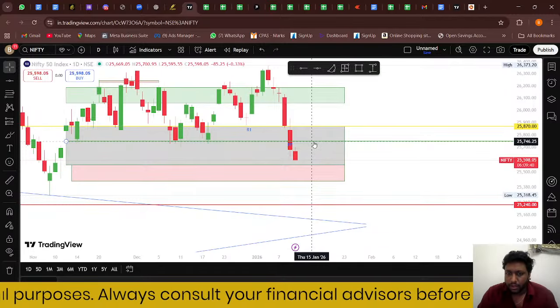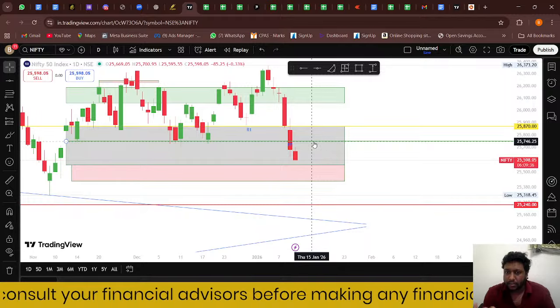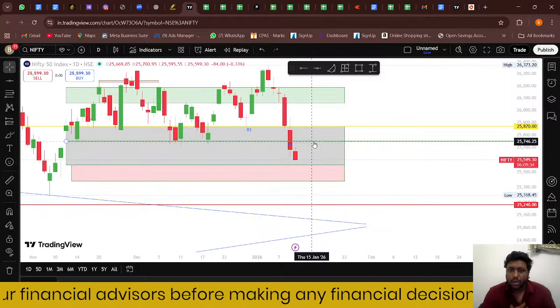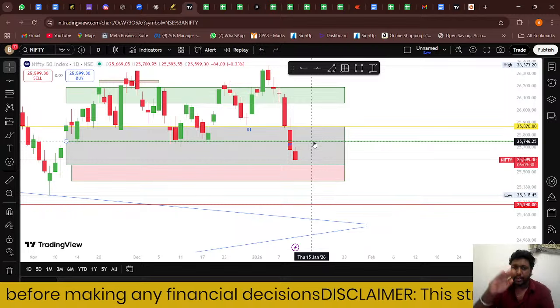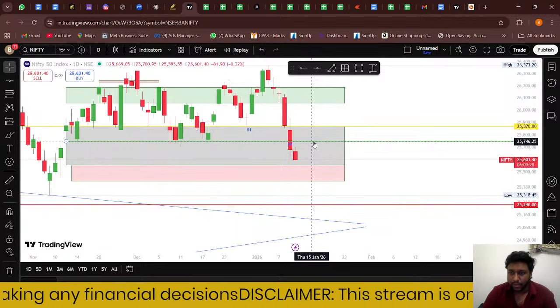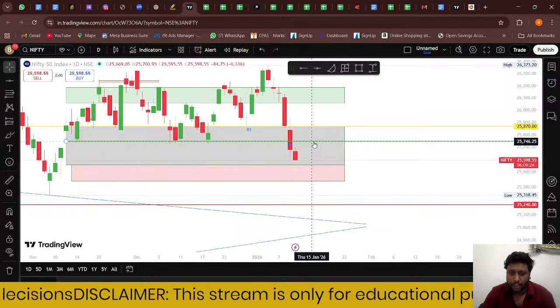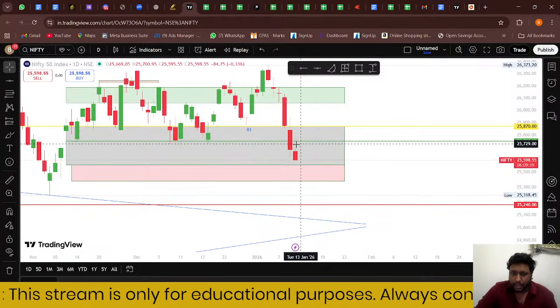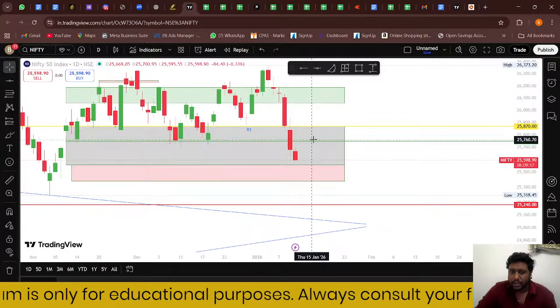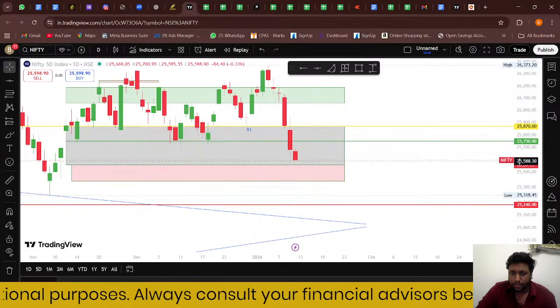I use VWAP for selecting the price. So if it is 25,700 and I prefer to buy it at 120, I select that price with respect to the VWAP. When it is crossing above that VWAP, or crossing above any particular EMA or indicator I use, then definitely I take it at that level. So that level and that selection of strikes will be marked from my spot chart. I hope I am clear.